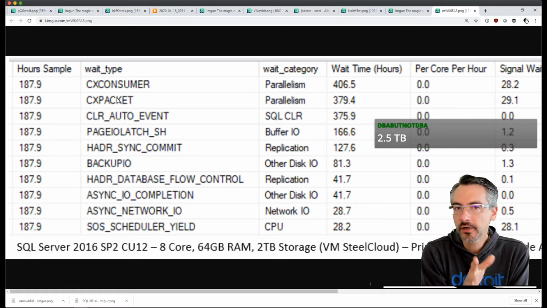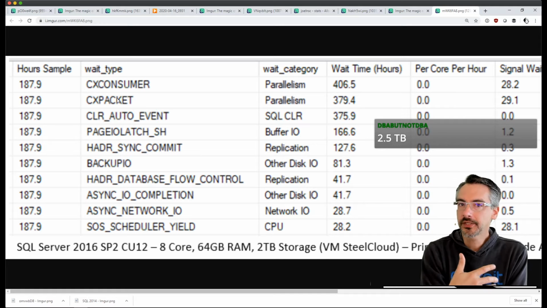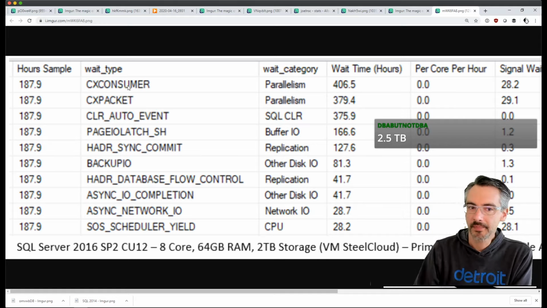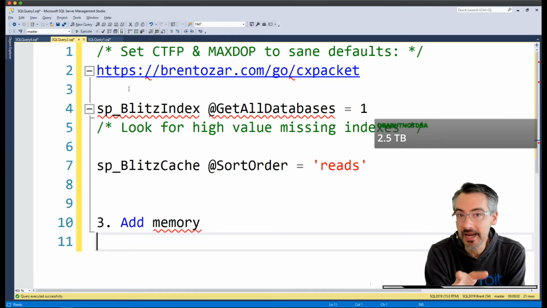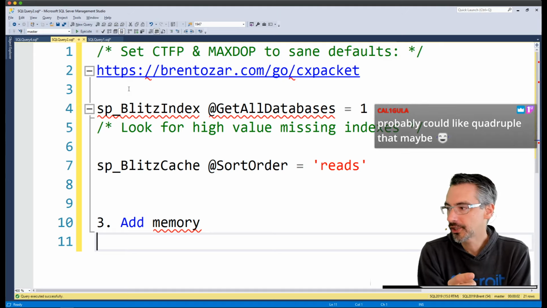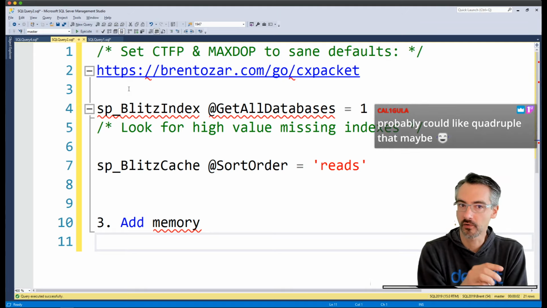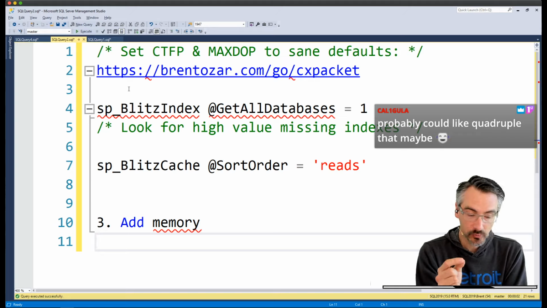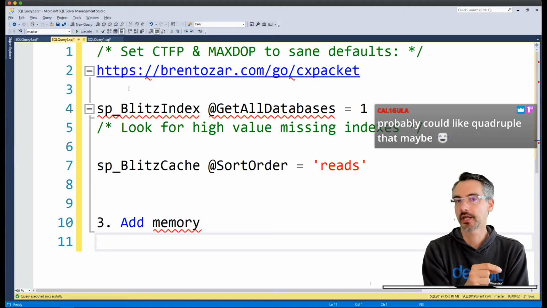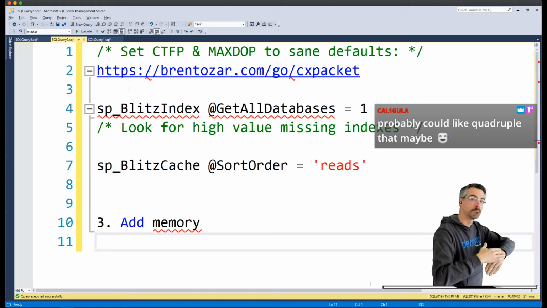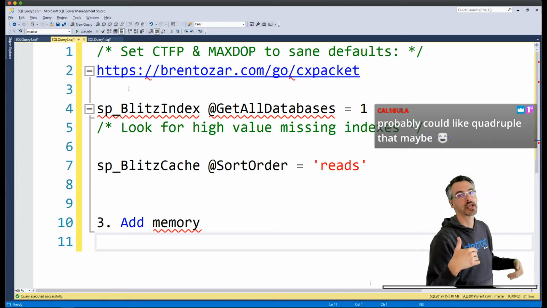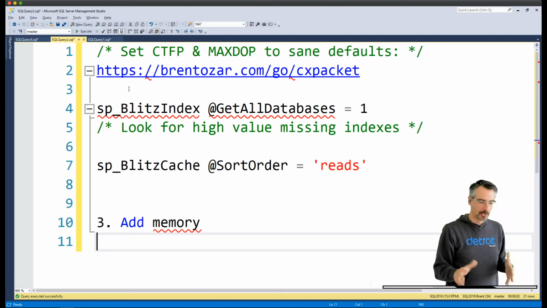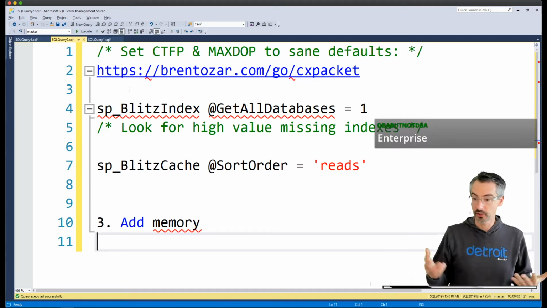Okay, so you're on a fairly recent version of SQL Server. You're on 2016 or newer because I see the combination of CX Packet and CX Consumer. Even if you're on Standard Edition, you still can support 128 gigs worth of RAM. And that is really just what SQL Server Standard can address. It'll actually use above and beyond 128 gigs, plus the OS will use memory and any other services that you have installed. So I know your managers might be like, oh my God, 64 gigs is a whole lot. You even got Enterprise.